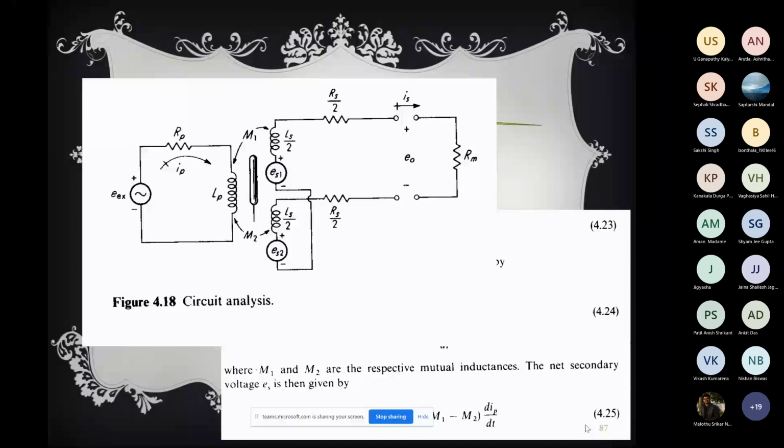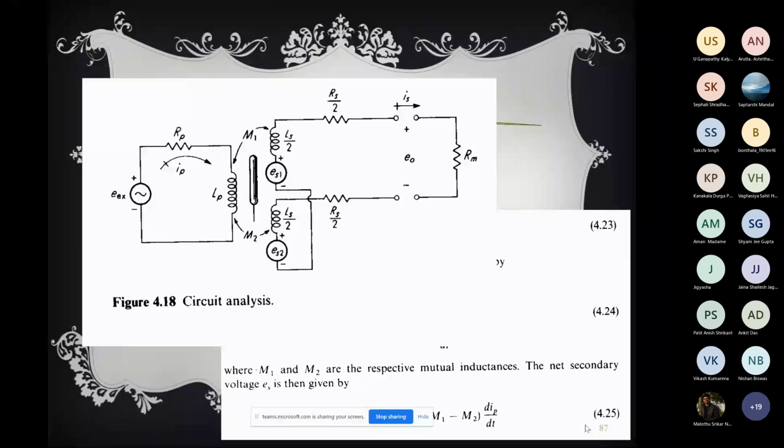So this is the consideration. Hopefully you understood this. There is a primary, there are two secondaries. There is primary excitation whose voltage is around 3 to 15 volts, frequency could be 50 hertz to 20 kilohertz, and it has some resistance which we consider Rp. It has some inductance which we consider Lp. Some current will flow through it, which is Ip. There will be two secondaries, so based on the shaft position, voltage will be induced. M1 is the mutual inductance for the first secondary coil. M2 is the mutual inductance for the second secondary coil.